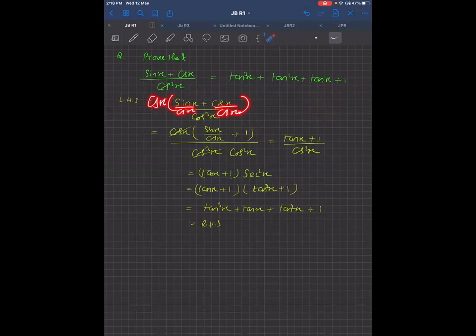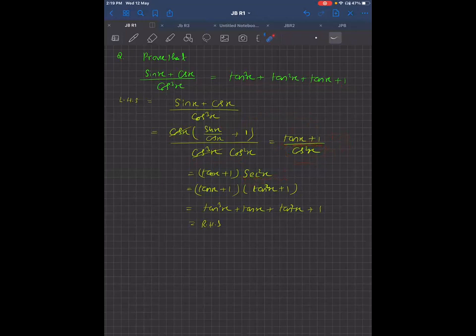Then this will be sin x by cos x, and cos x by cos x is 1. Then cos cube x, one cos x cancels. Then from cos cube x, how much do we have remaining? Cos square x. So sin x by cos x, tan x plus 1, and cos square. Now if you write this cos square in the numerator, it will become sec square x, because in the denominator there is nothing, so all things we want only in the numerator.